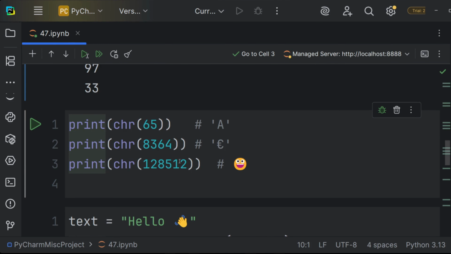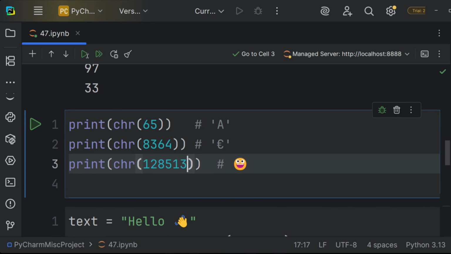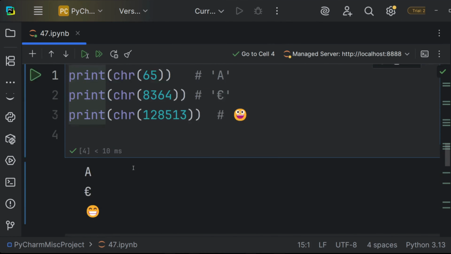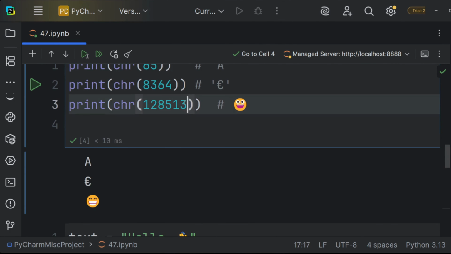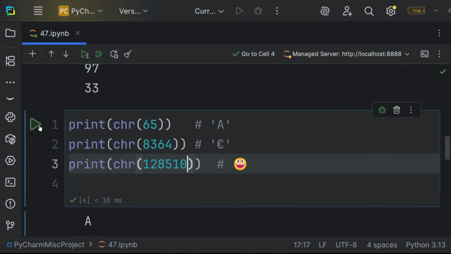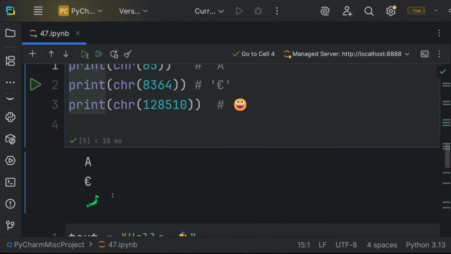You know what? Let's modify this a bit. Let's put 3. Let's see what this gives us. This gave us this emoji. What if we print 10? Let's see what emoji this will give us. This gave us whatever emoji this is.